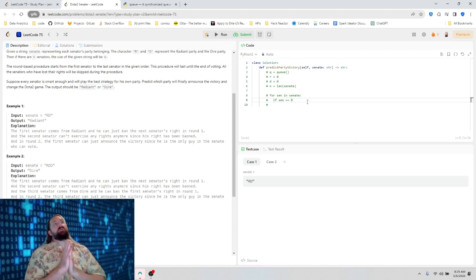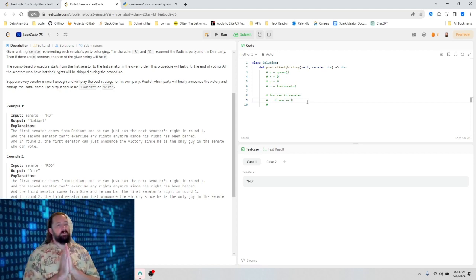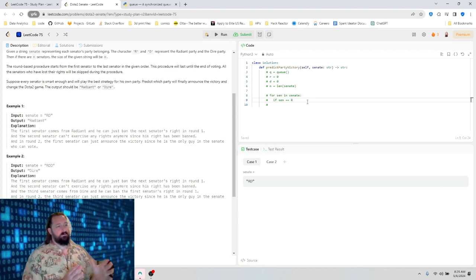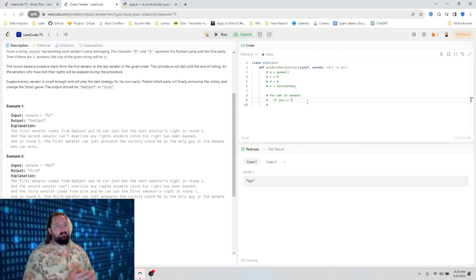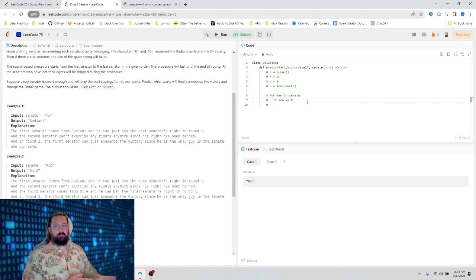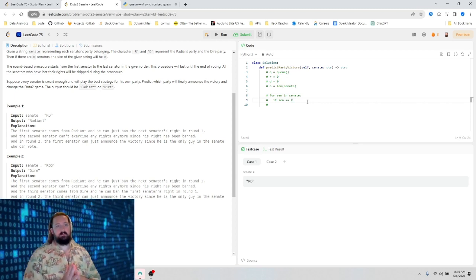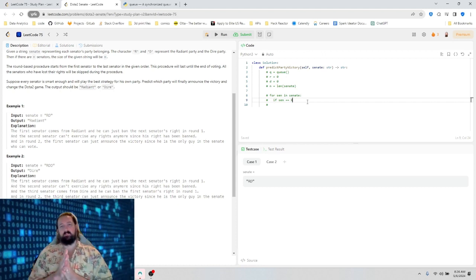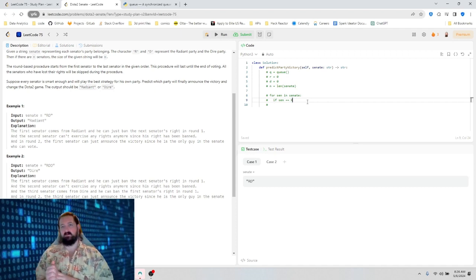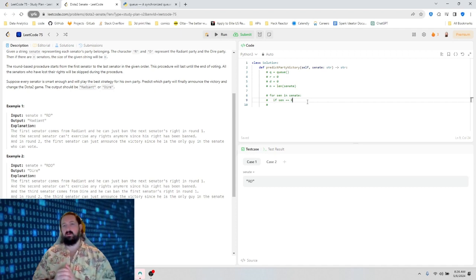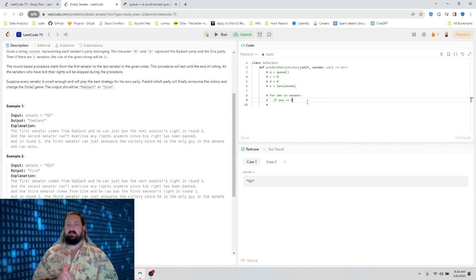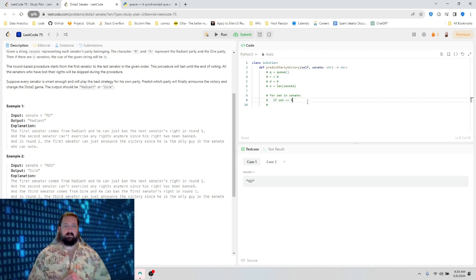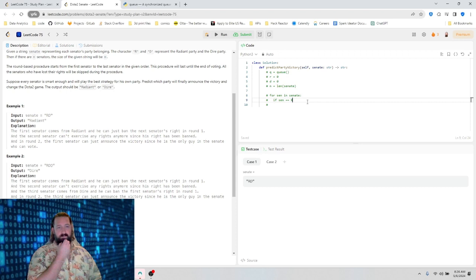So what I want to do is, when I come to a senator, if the opposing senators count is 0, then I add that senator to the queue and increment. If it's positive, then I decrement the opposing senators and I don't add it to the queue.